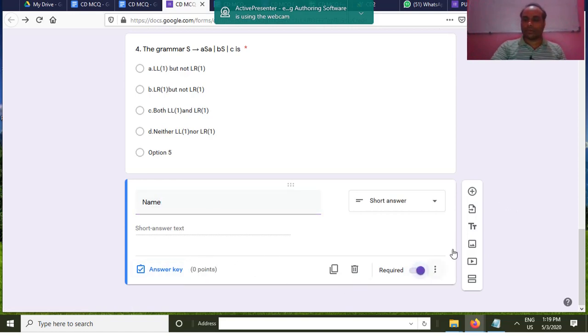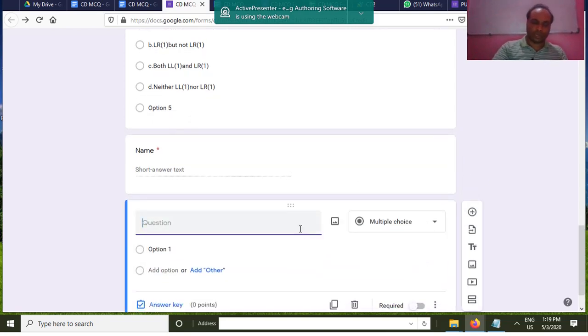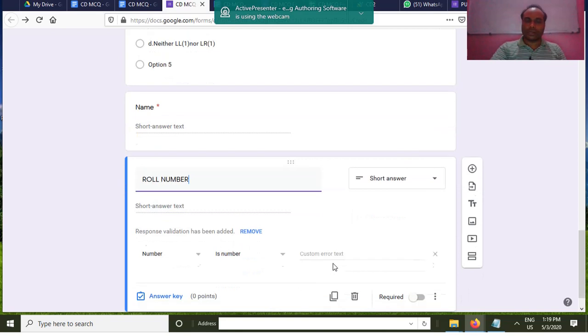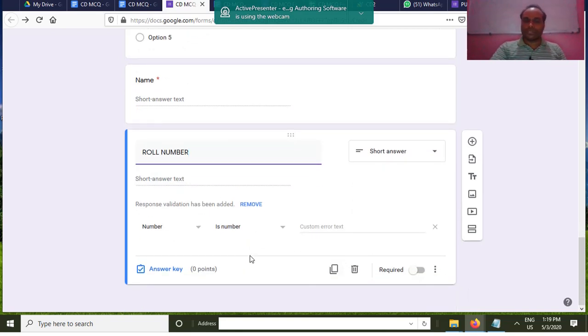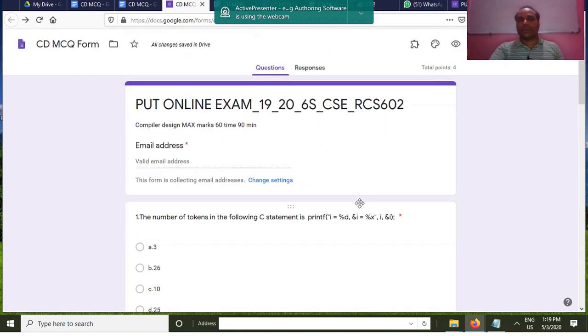You have to click required. And one more question, roll number, also a short answer and a number, just make it required, compulsory. Like that you can give the branch and section also, because those things are also required. After giving this information, your quiz is okay now.